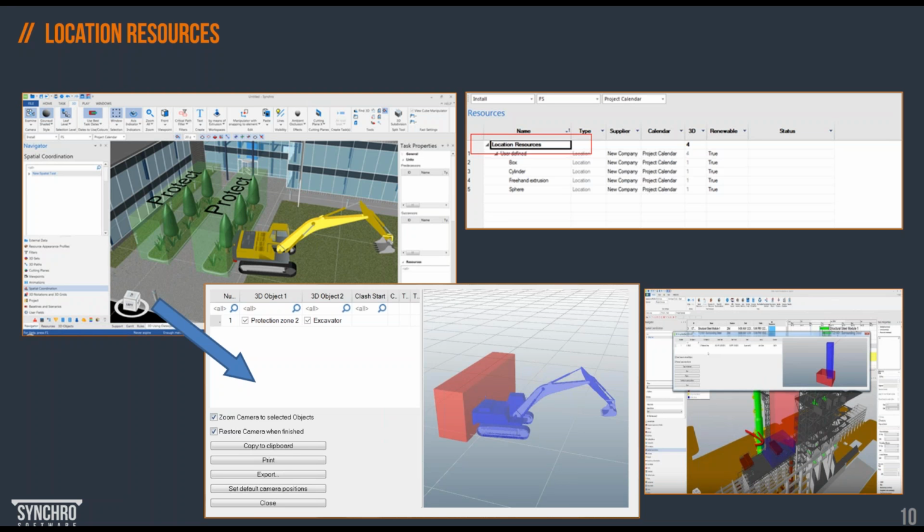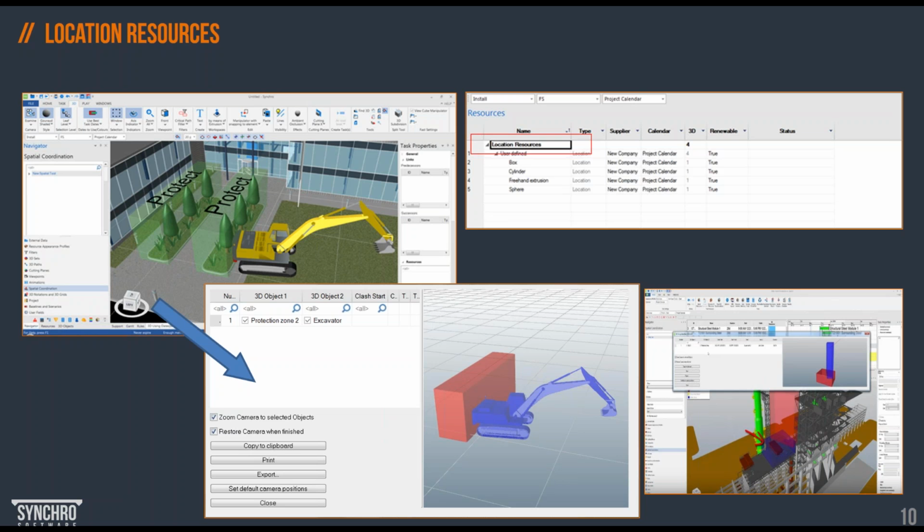With location resources, we can visualize construction activities and identify time-space constraints. So if we take 3D coordination into account, we'll be able to highlight important project or logistic situations. We call it spatial coordination in SYNCHRO, and it's just another name for clash detection. In SYNCHRO, clash detection is also dynamic.